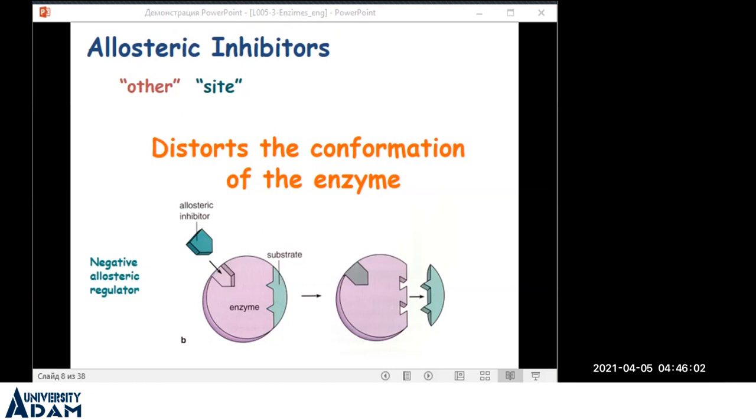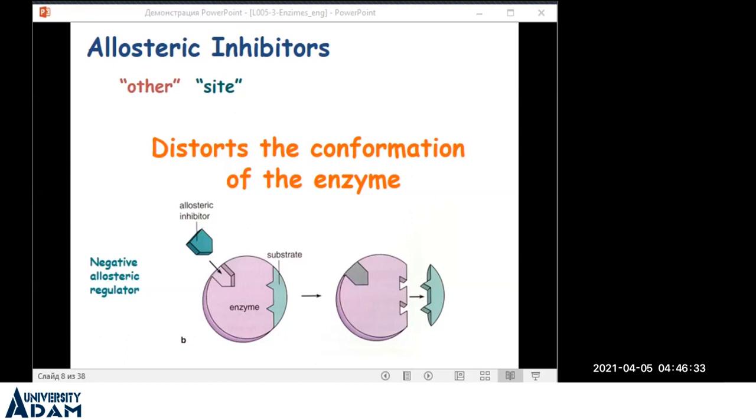It's just an enzyme substrate complex, but we have a specific zone in the enzyme which can be named the allosteric regulation site, the allosteric site, where the allosteric inhibitor will connect with the enzyme and change the conformation of the enzyme, and the enzyme will